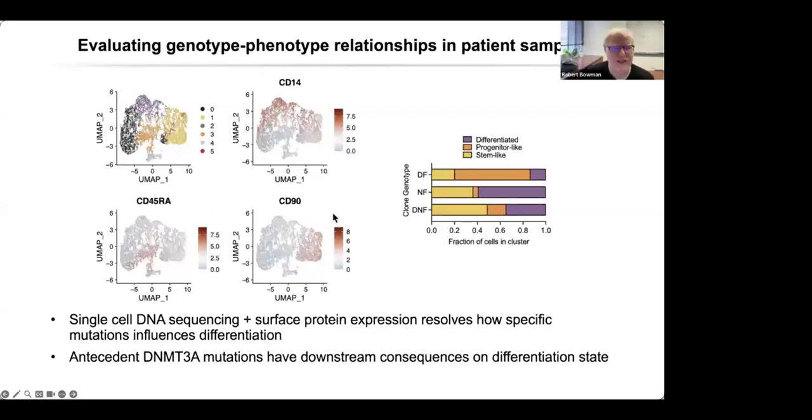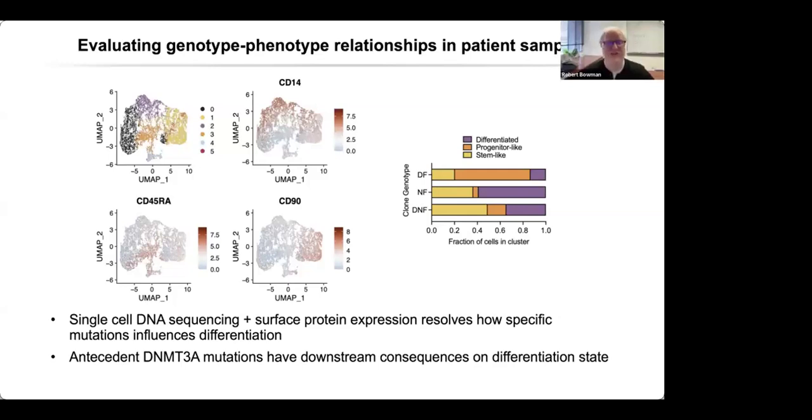So with that information in mind, we're able to project these markers onto this UMAP and get different regions of expression. So for instance, CD90, a more stem-like marker, is really lighting up this particular cluster here, cluster 1, and you can see CD14 has more spread expression across these different clusters. So that's nice, we can map protein data onto cells,